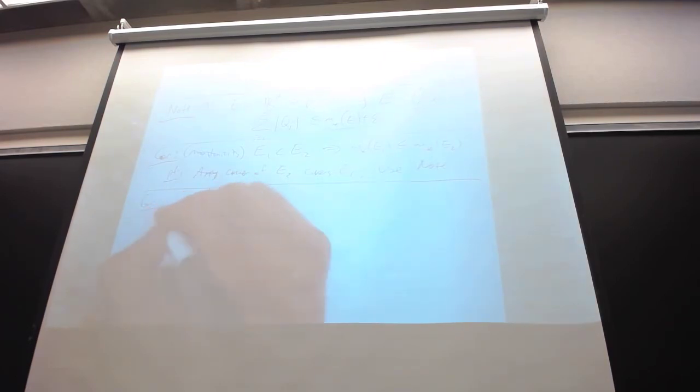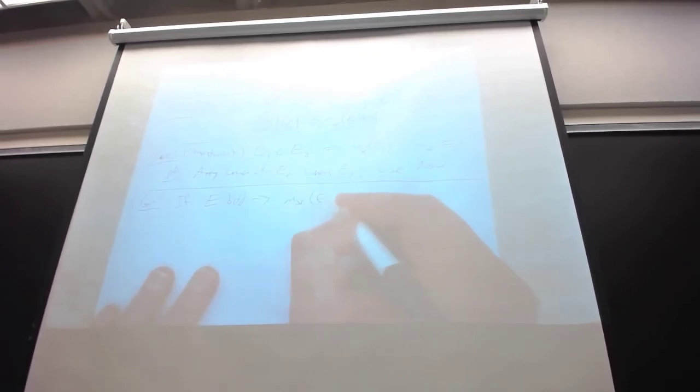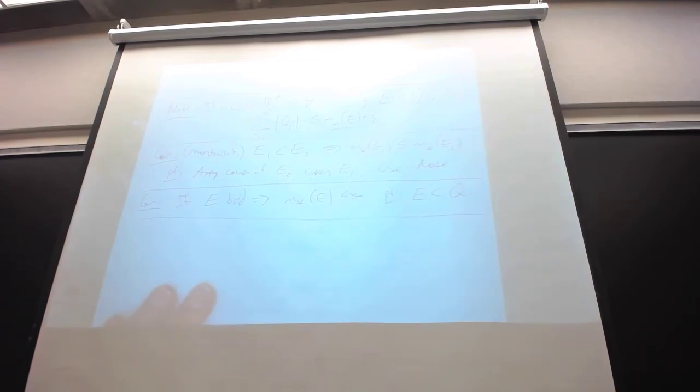Could you move up? So far, so good. All right. Here's another corollary. If E is bounded, then it has finite measure. How do you prove that? It's big enough. Proof: E is contained in some sufficiently large cube. And then use monotonicity, plus the size of a cube being finite.